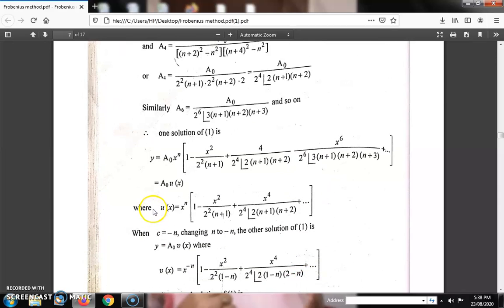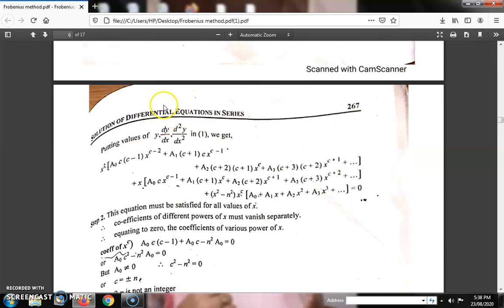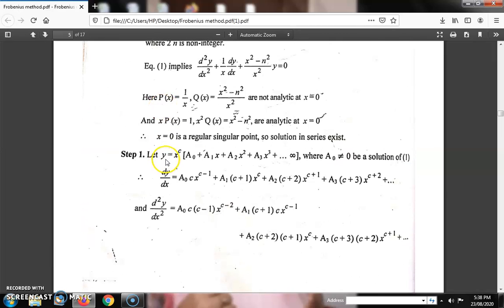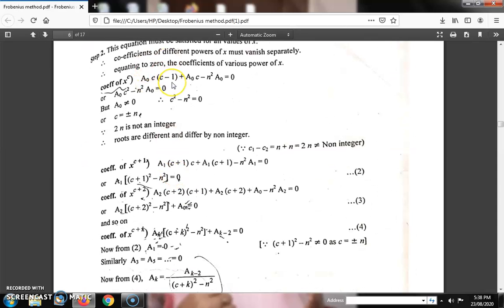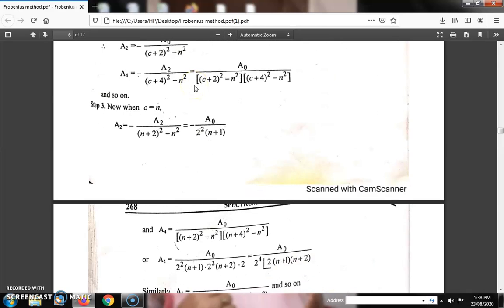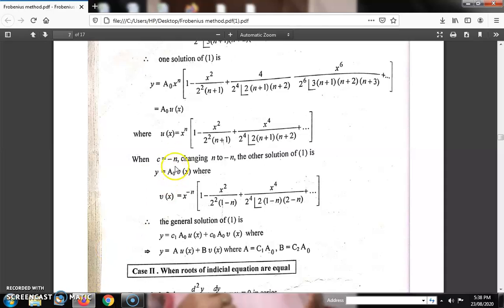How have we found the solution by the Frobenius method? It is very easy; the only difference is the choice of y, which you have to write in that manner. Similarly, first you compare the least coefficient, that of x^c. Then you find the indicial equation and its two roots. Then you find which case it is. After that, you solve similarly. Okay, students, now we will do case 2 in our next lecture. Okay, students, thanks a lot.